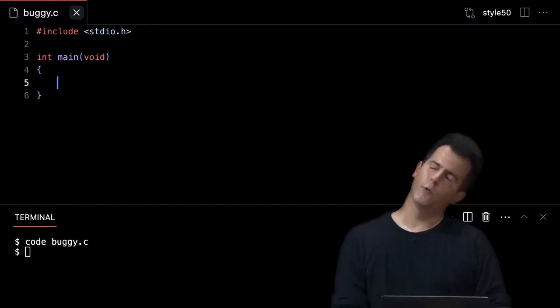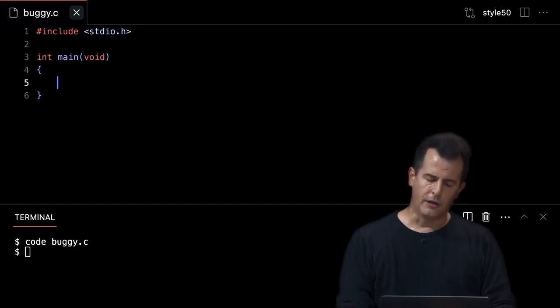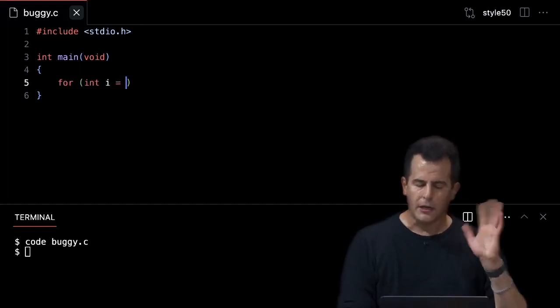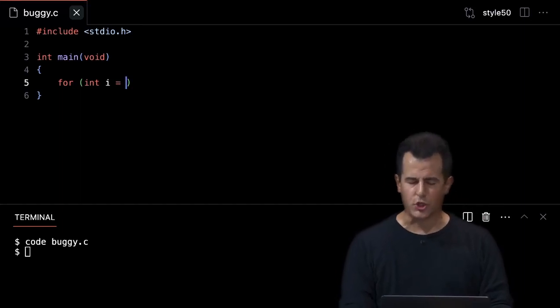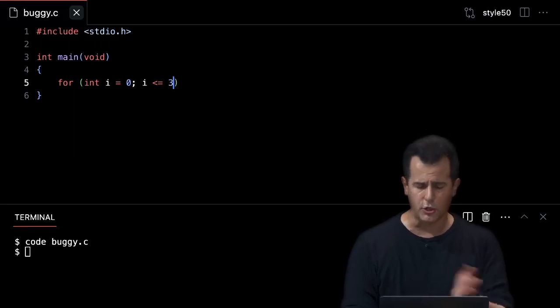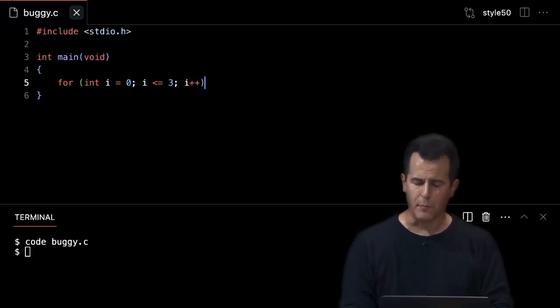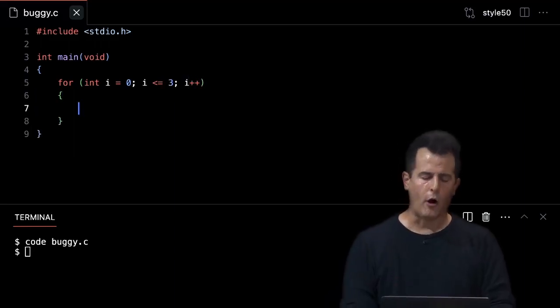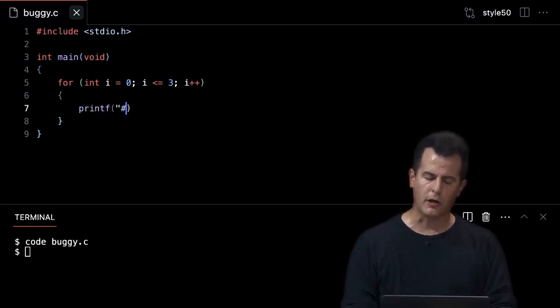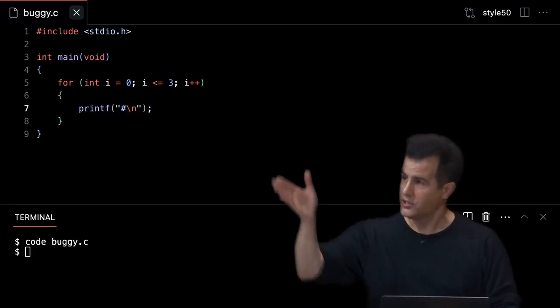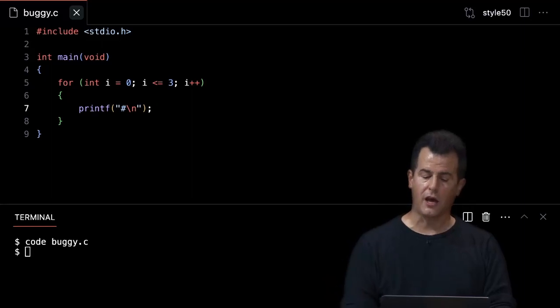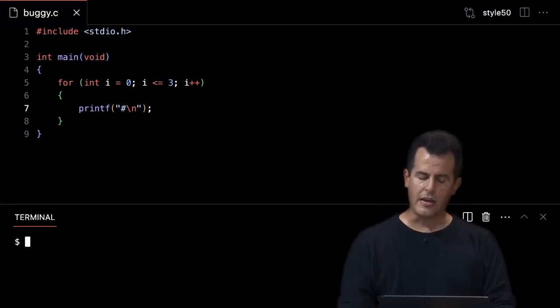And in here, if I want to print a pyramid of height 3, I'm going to do for int i gets. All right, I'm still new to programming in my mind here, so I know I'm supposed to start counting at 0, and I want to do this until I count up to 3, so I'm going to do that. And then i++, I remember from class in this way. And now I might go ahead and print out just a hash mark, \n, which I do want because I want to move the cursor to the next line to make this vertical. But of course, if you've noticed with your eye already, when I do make buggy, it compiles OK.